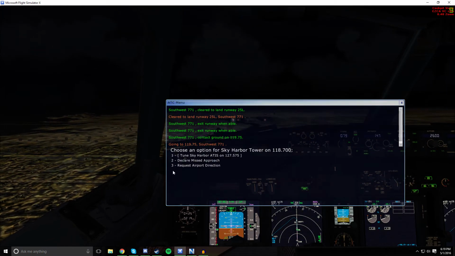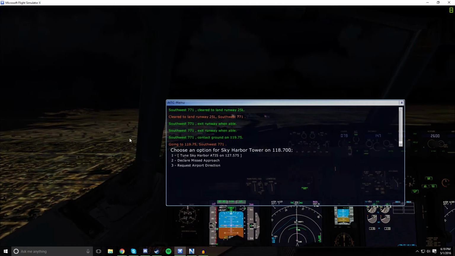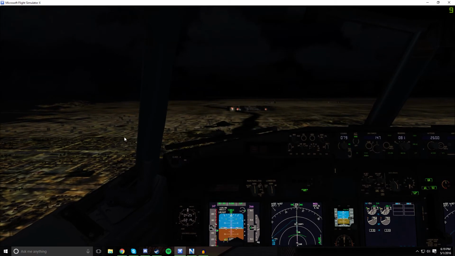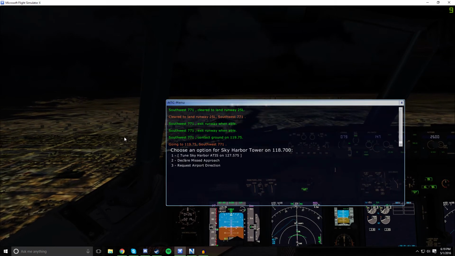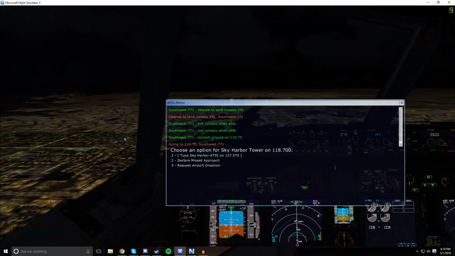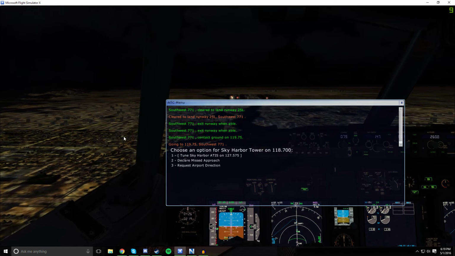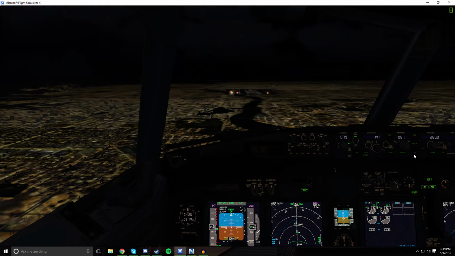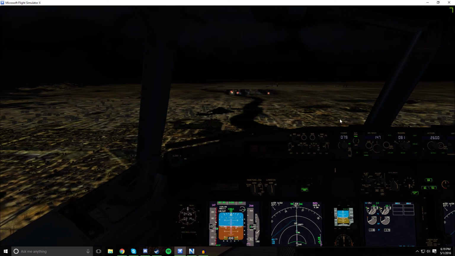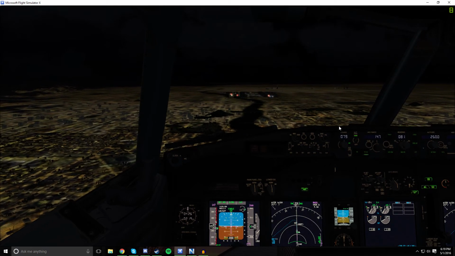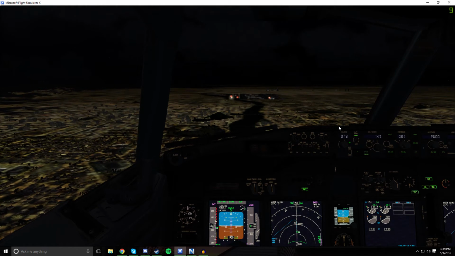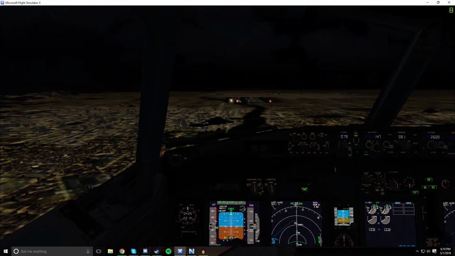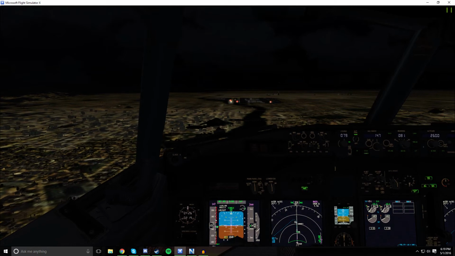Waiting to get cleared to land. Come on, please clear me to land, because we might have to do a missed approach, and I do not want to do that because that takes way too long. Oh my goodness. Okay. Alright, the only thing we're going to be needing to do for an ILS landing,